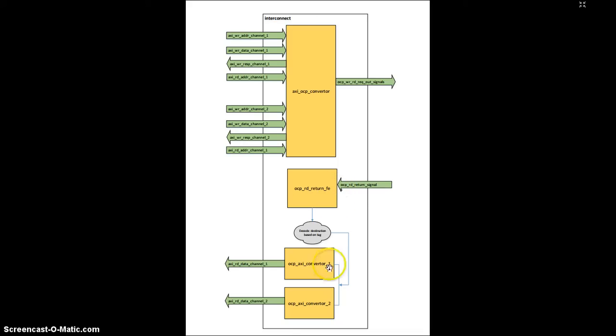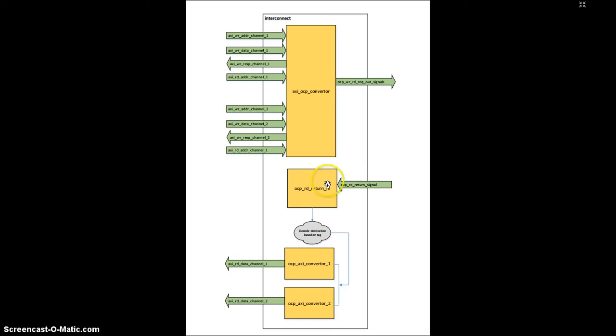Here the FIFO is added within these two modules, that is, the OCP to AXA converter 1 and 2. Note here, the reason is we are using two different FIFOs for separate AXI masters 1 and 2, and thus we are not holding the AXI OCP read return interface even if one particular master is not ready to accept the read return, or whenever one particular FIFO is full.